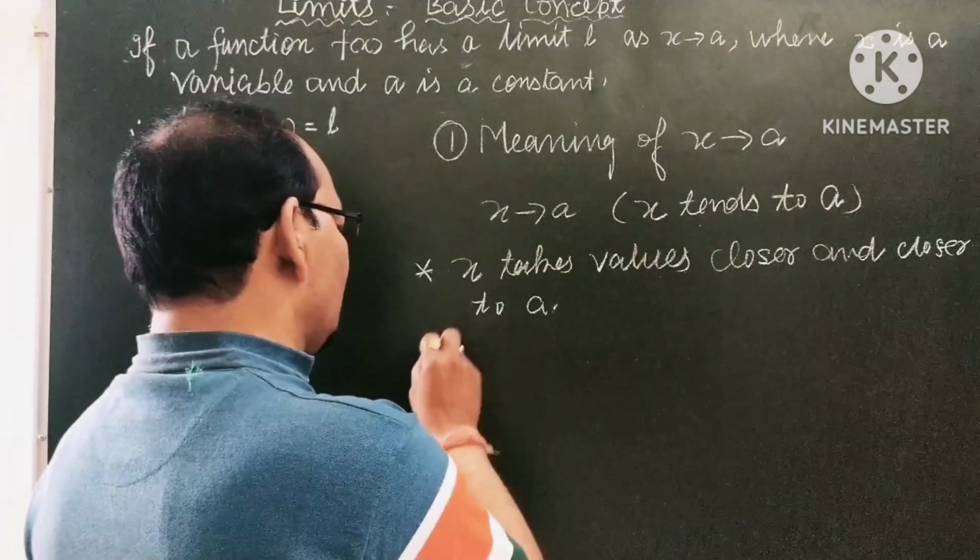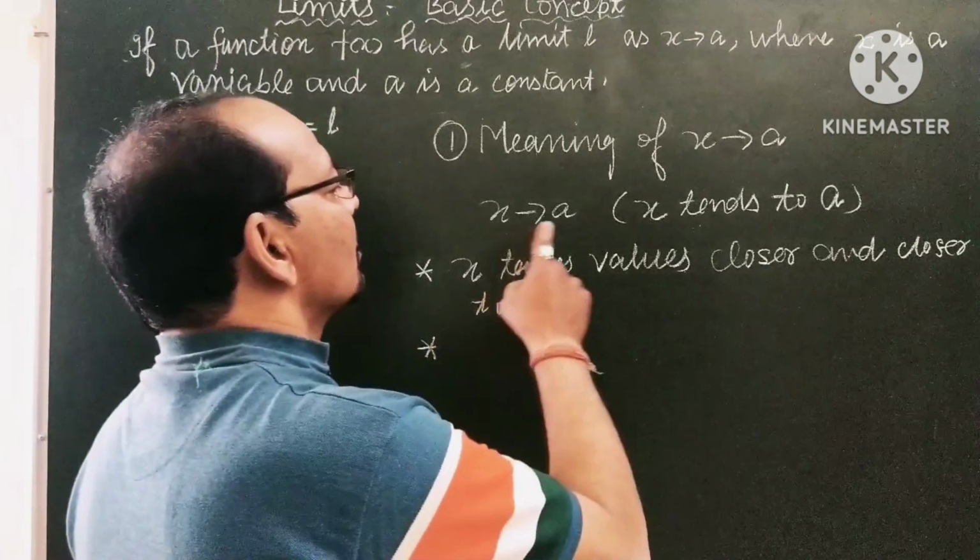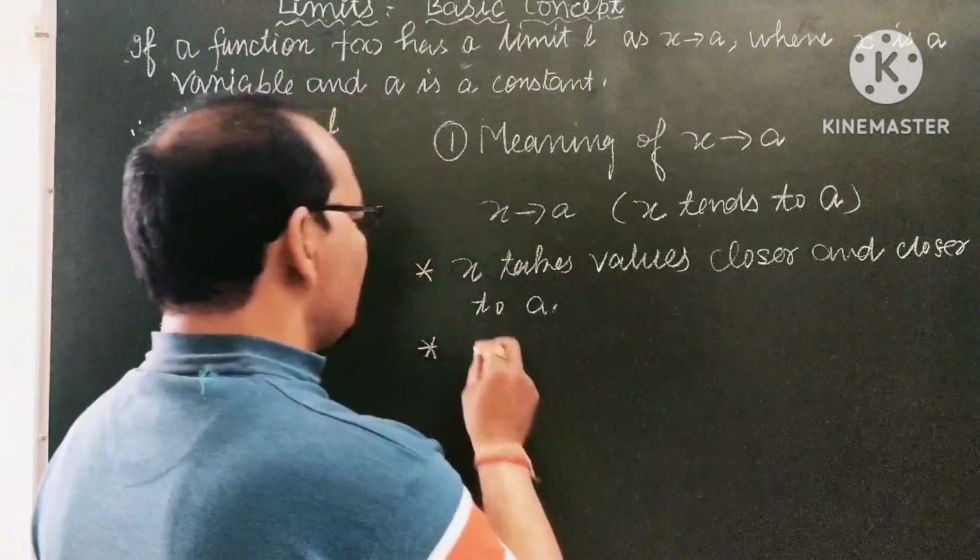And the second point is that when x tends to a, the distance between x and a